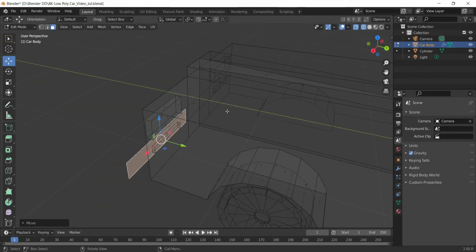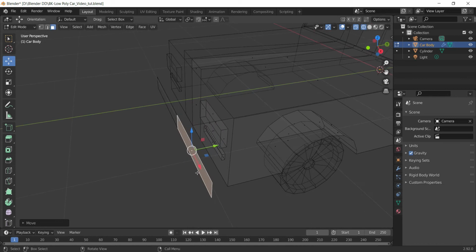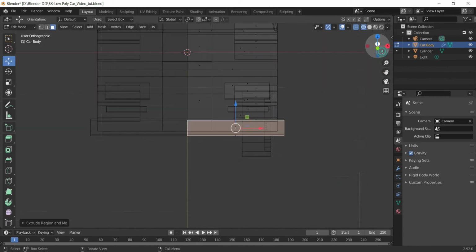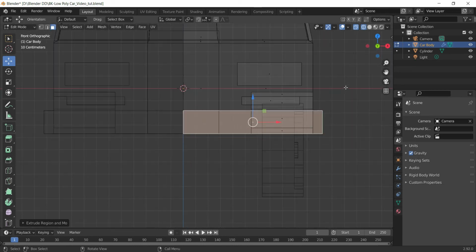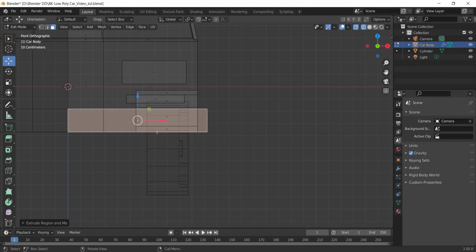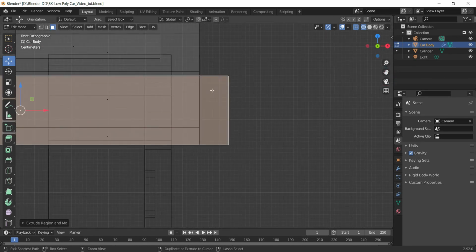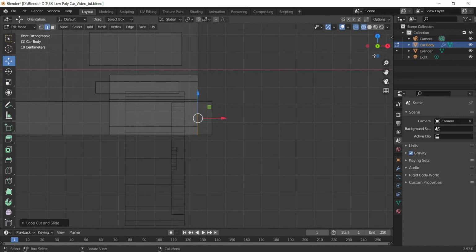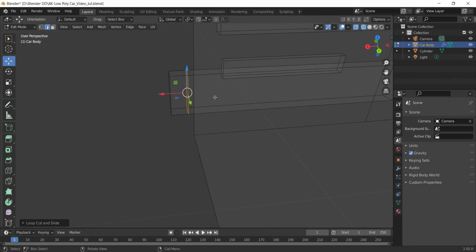So what I'll do here is, first of all, I'll extrude it outwards like this, and then we'll come here. Oops. We'll come here and I'll insert a loop cut over here like this and bring it towards this edge.